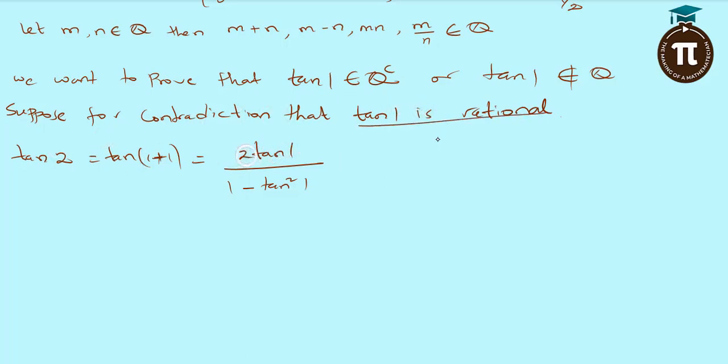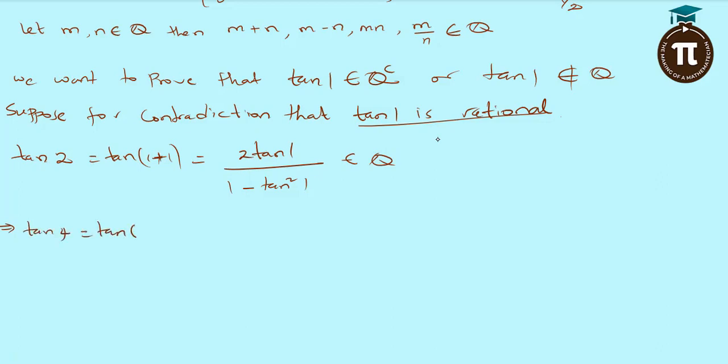So 2 multiplied by a rational number is rational. If you square a rational number, the answer will still be a rational number. And if you take 1 from it, it will still be a rational number. So my point is, what is at the numerator here is a rational number, and what is at the denominator is also a rational number. So this means that this is also a rational number. So it means that tan2 is a rational number. And if tan2 is a rational number, it means that tan4